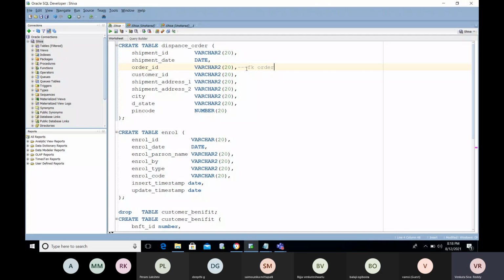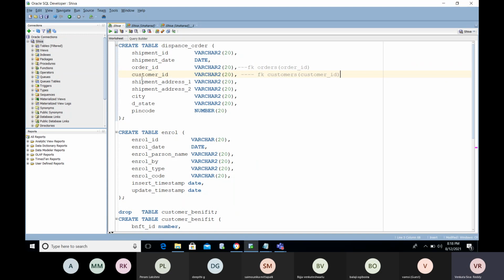I'm going to share all the tables; they need to be corrected from your end. Then if you want, you can also put the customer ID from the customer table. You can maintain an address table if you require. In this case, we will also require the dispense order ID.